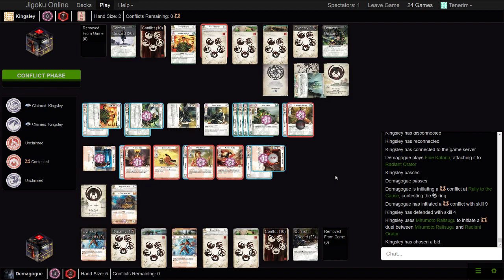I think you definitely bid 2 here with Radiant Orator. If Kingsley wants to bid 5 to make sure, or at least 4 to make sure, you take the 2 honor and are okay with the Radiant Orator losing a fate. I mean, it sucks. Definitely it sucks, but...